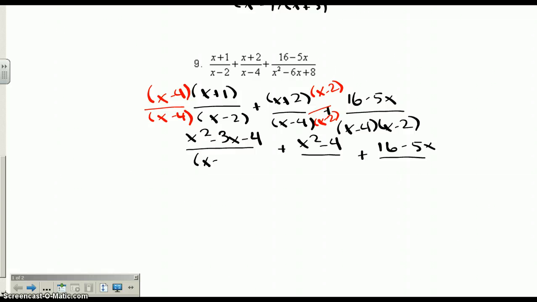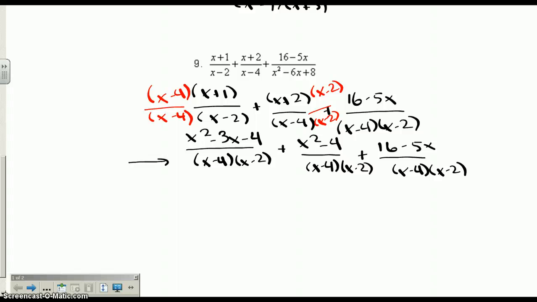Okay, so the common mistake that we made was that we totally got rid of denominators. That only works when you're solving equations, not when we're just adding two rational expressions. So now I need to add all my numerators together, because what you'll notice is they have the same common